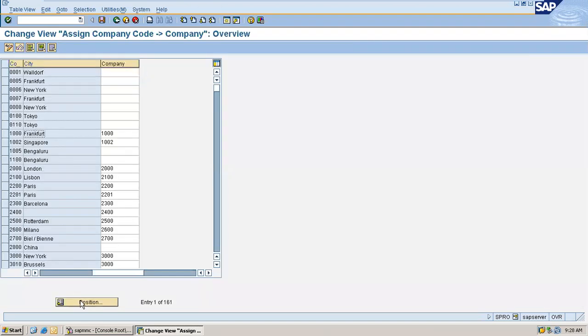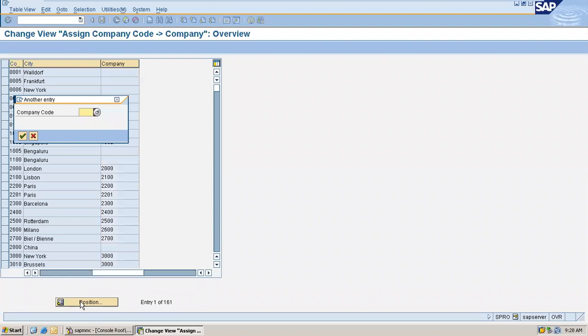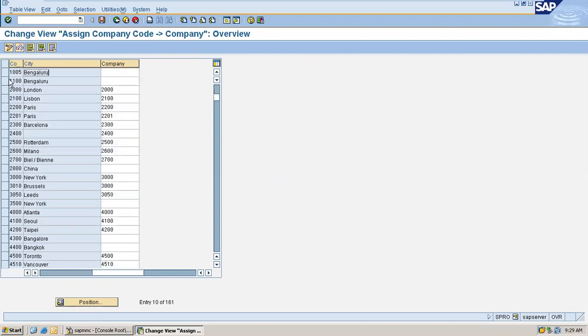So here, go to position and find your company code. So what is my company code? 1005. So you have this company code and not assigned to any company. Now you enter company here.